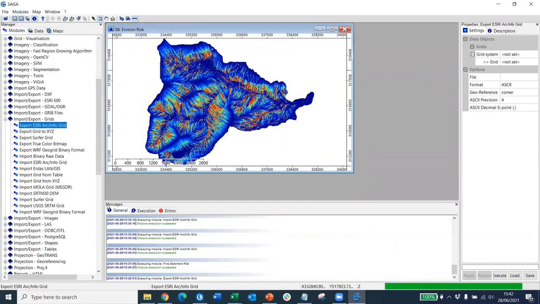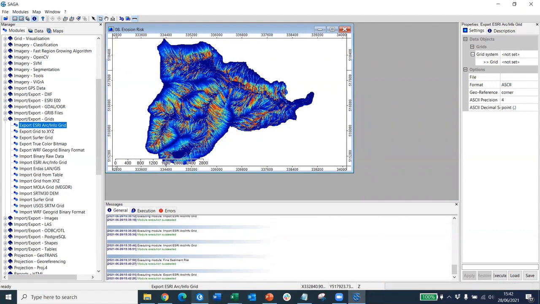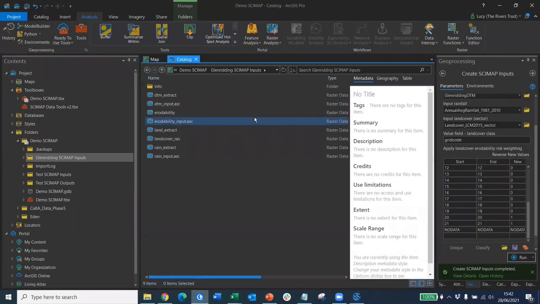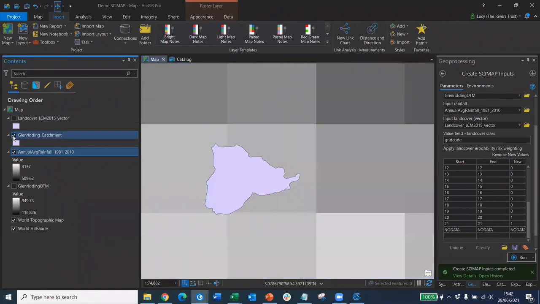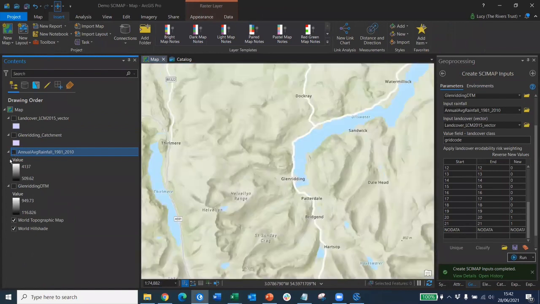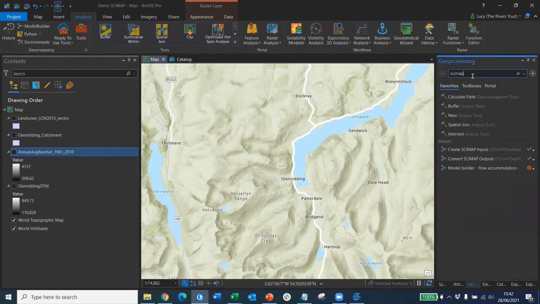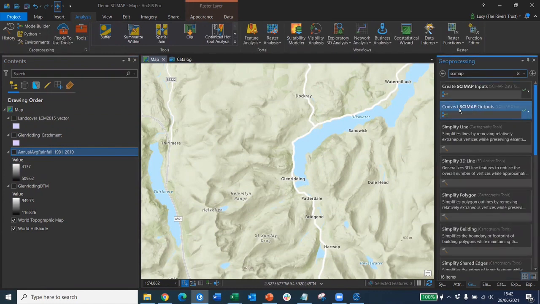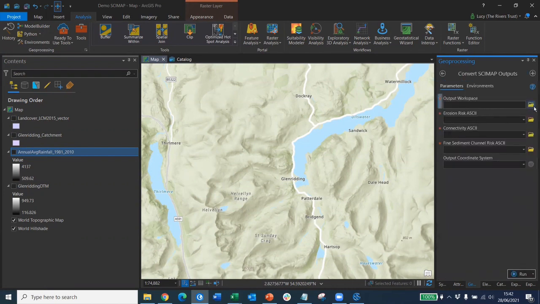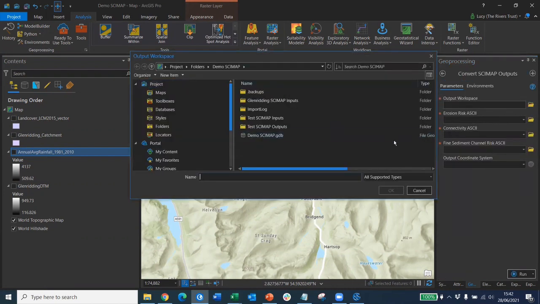So that'll export it. I'm not going to export the other two because I have got them as a test file to show you. Then if we go back to Arc Pro, I'm just going to turn off these input files that we had. And then if we go to geoprocessing again and search for Scimap, this time we want the convert outputs tool. If we click on this, we want to set our output workspace. I'm just going to choose, we would have set up that Glenridding Scimap outputs, but I'm just going to use this test Scimap